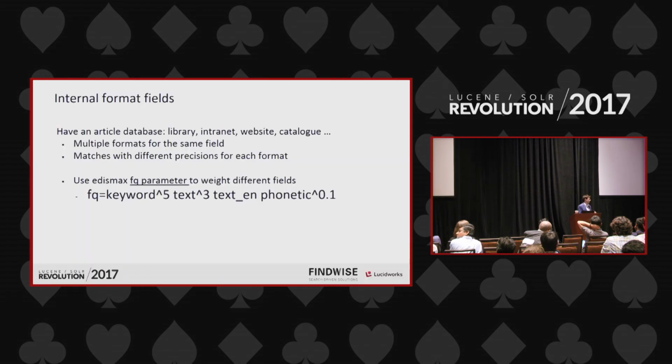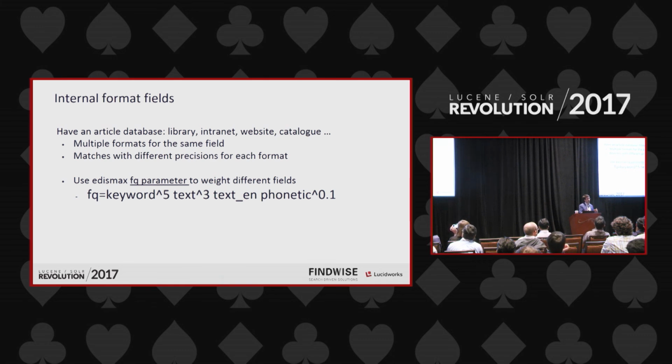If you search for a specific value, you're not going to get as many matches as if you search for a phonetic representation of that text. So what you're going to want to do, as usual, is have a lot of copies of the same information that go through different analysis stages, and each of them is going to have a different level of relevance. And we are going to use the more permissive ones to give just a little relevance, to affect it in a kind of fallback way.